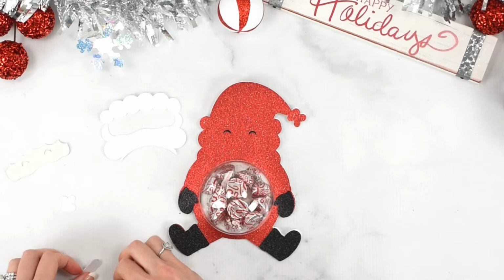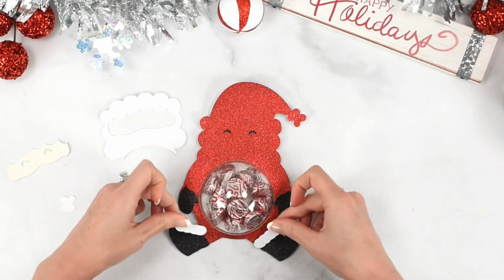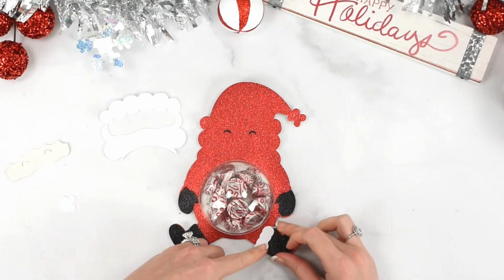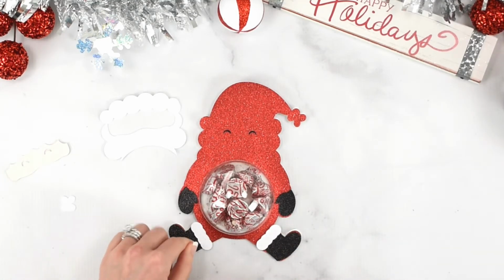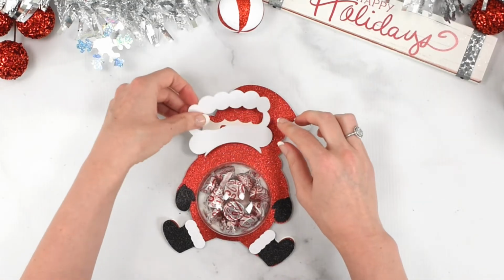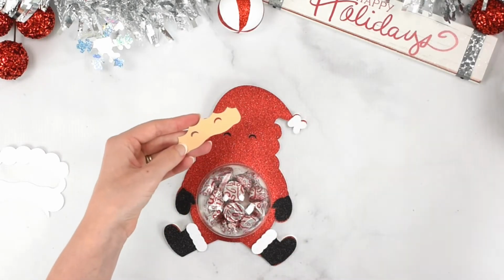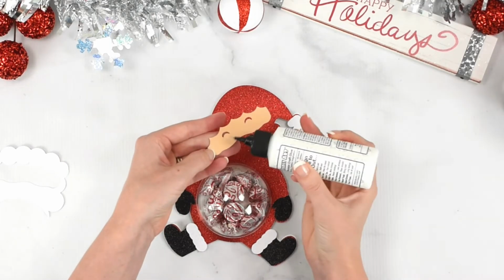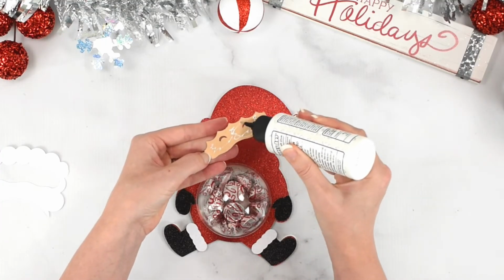And then I think I will use a little bit of foam strip tape for the little decorative fluffy piece of his boot right there, and that'll elevate it a little bit to make it look kind of three-dimensional. Let's go ahead and actually start with the face part, and I'm going to take my precision tip glue, add that on,